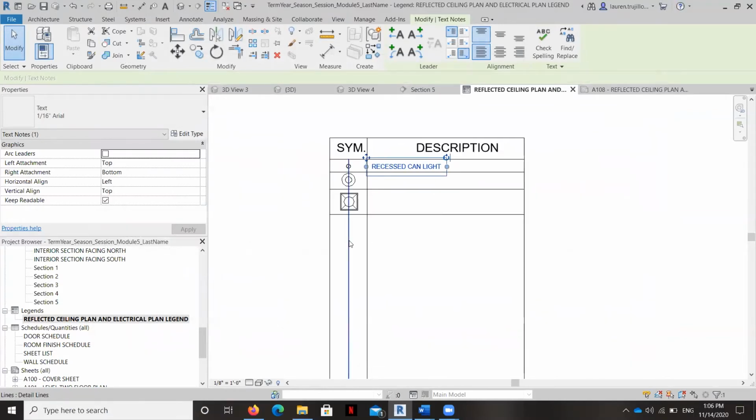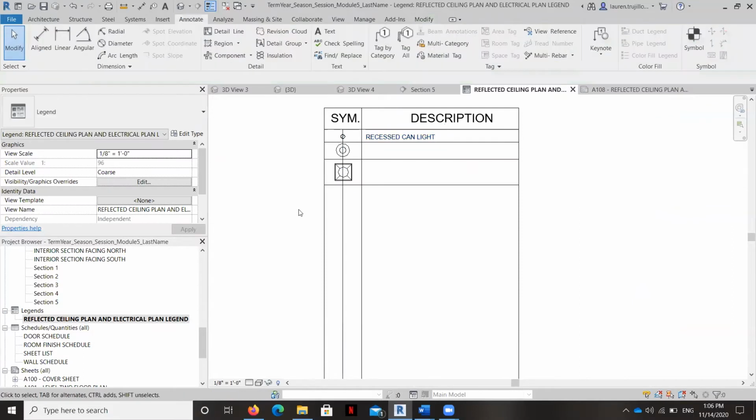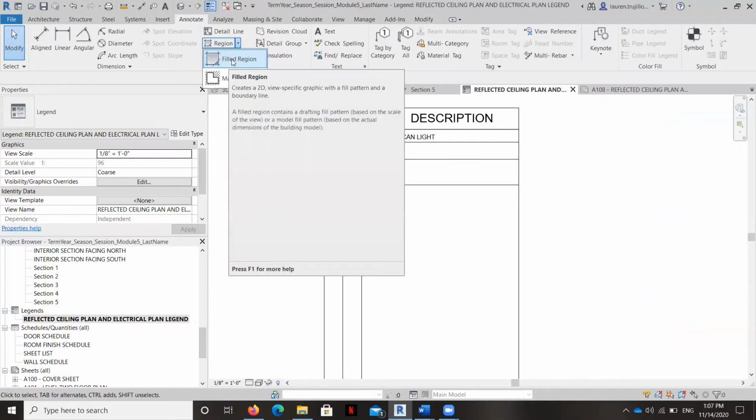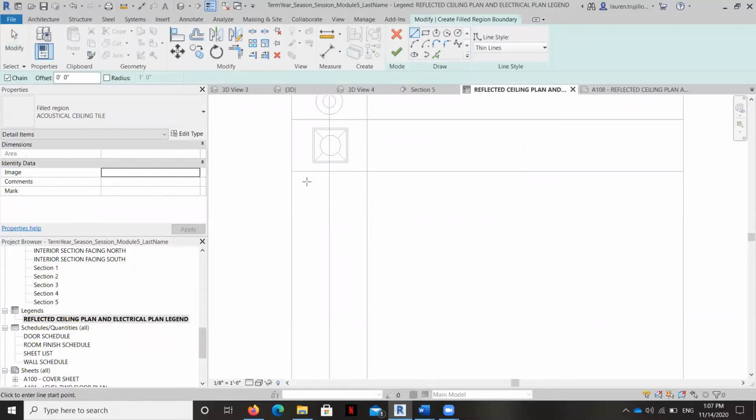The one thing that I do want to teach you how to do before we move on is I want to teach you how to create your ceiling finishes, because that can also be placed on a reflected ceiling plan legend. And so we're going to just create a couple of filled regions, because remember, we've got several ceiling types. So I'm going to create a filled region.